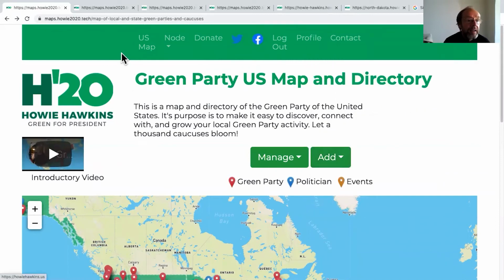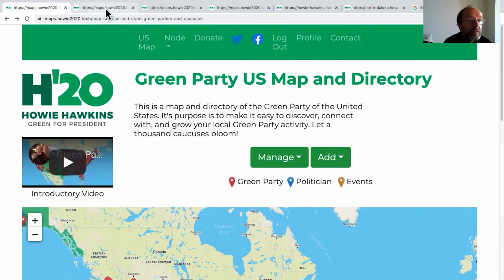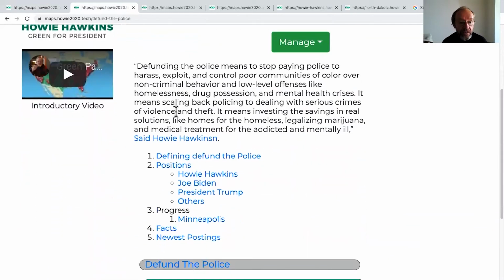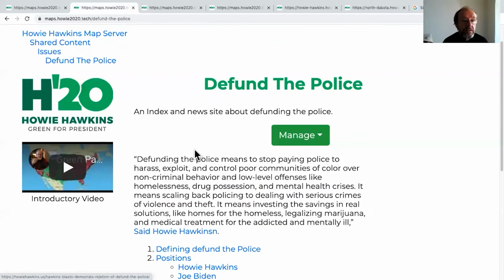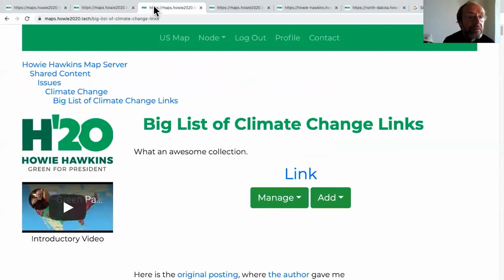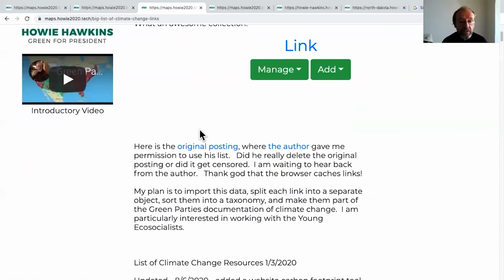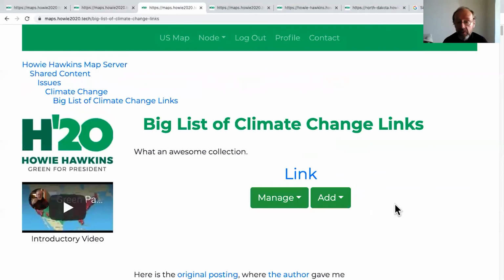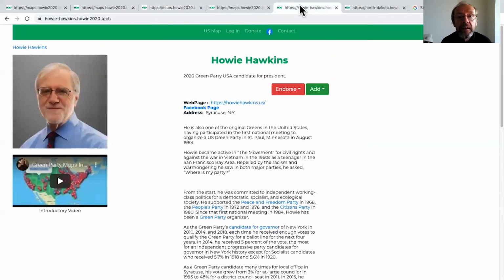When we go back up to one of the things you can add is a link. So here we have a whole section, a branch of the tree on defund the police. And you can see all the different links. And there's also, if I can do this, here's a big list of climate change links. So here you have literally hundreds of links. Generally, this kind of information is hidden on the web. It's very difficult to find. It took me years to find this, but you find it here on our websites. And next up,